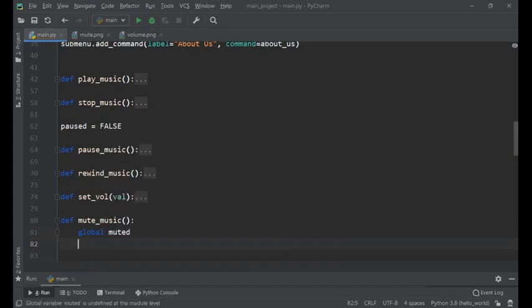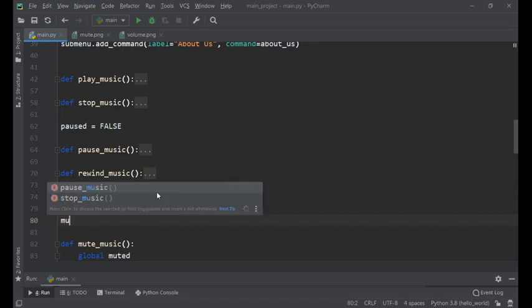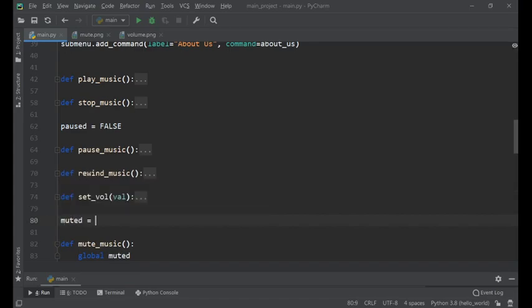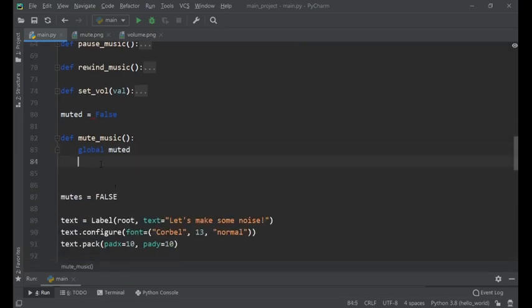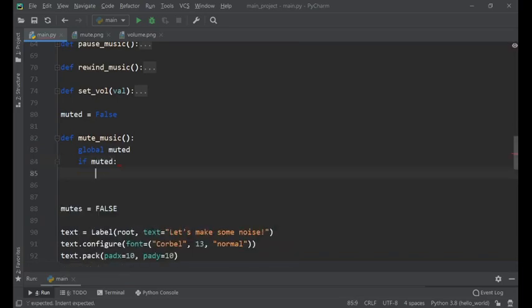So we're going to have to create a global variable called muted. So here we're going to say muted is equal to False. And then under here, we're going to say if muted is equal to True, we can say